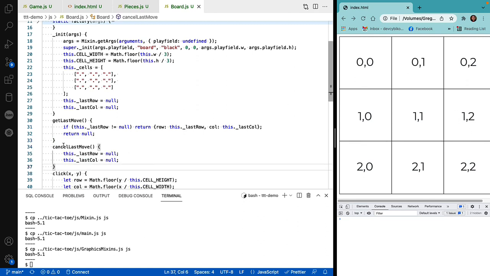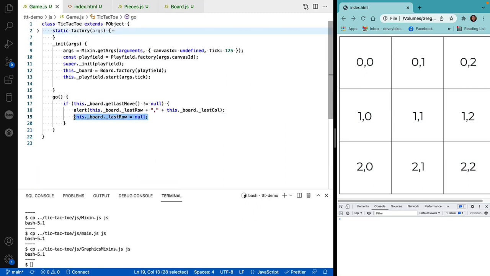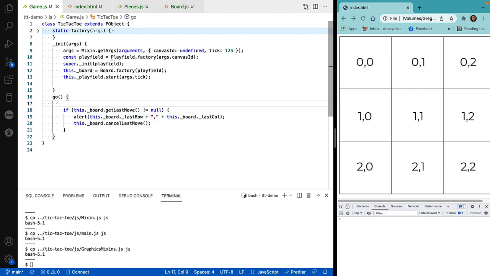Okay, if I call cancel last move, it sets the last row and the last column to null so that when the last move is called, if it is not null, it returns a value, otherwise it returns null. And let's verify that continues to work. Okay, everything continues to work. That's fine. And again, we're displaying this internal value. This is not a very good idea. Instead, what we're going to do is,